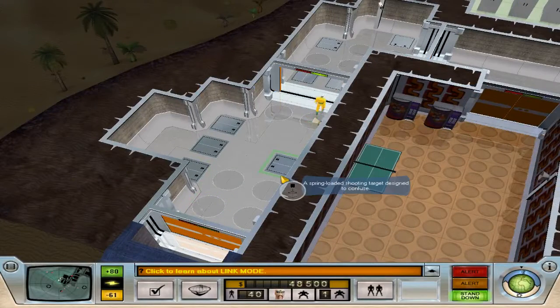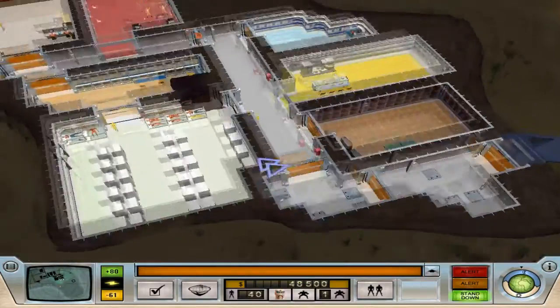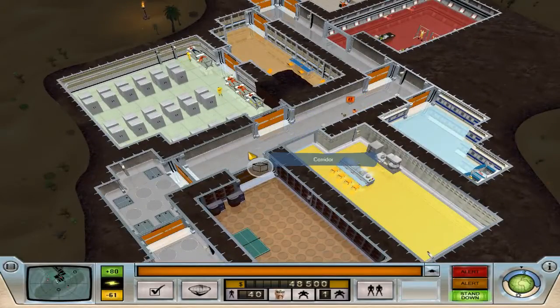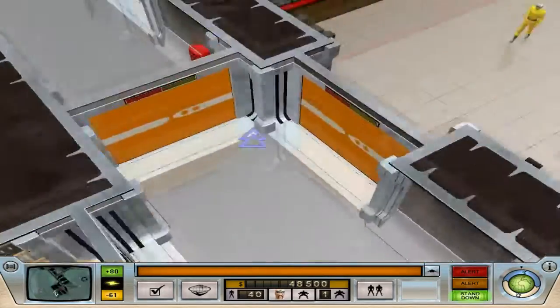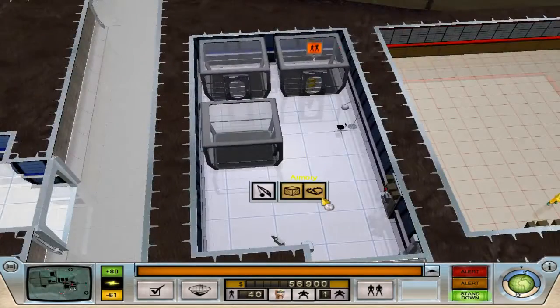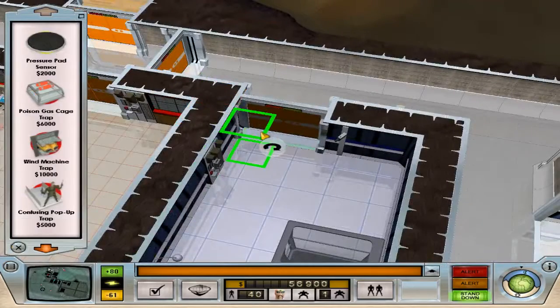So that's the thing with traps. As much as they stop agents, they also stop your own guys. But I know you can get more specialized traps. Like, there's a gas trap that drops smarts, and then maybe I'll put this, like, over here or something. I suppose I should just have that here anyway. Yeah, just like a couple of these